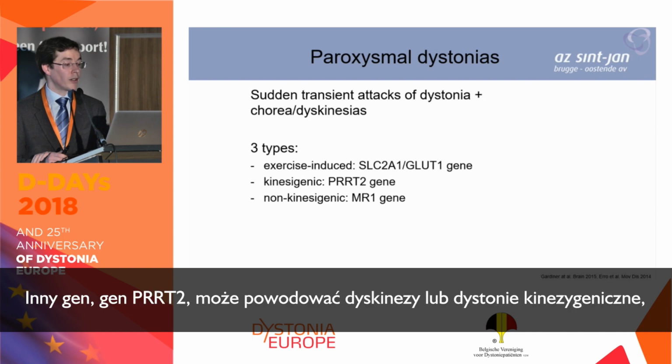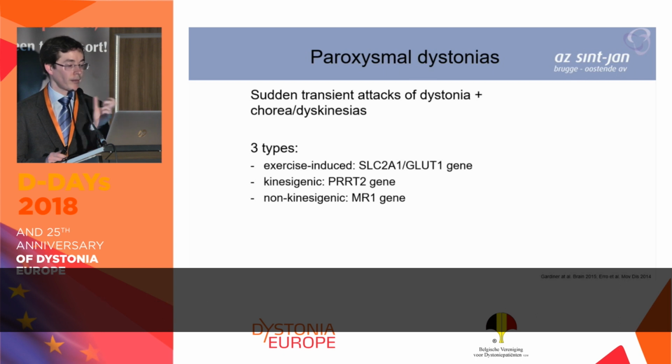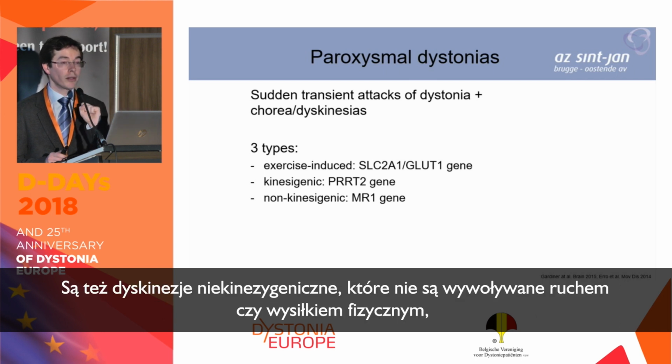Another gene, the PRRT2 gene, can give rise to kinesiogenic dyskinesias or dystonias, where these dyskinesias develop after very short bouts of exercise. And then there are the non-kinesiogenic dyskinesias that are caused not by movements, not by exercise, but